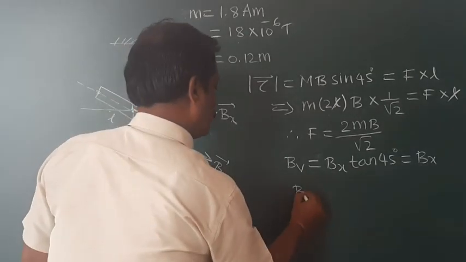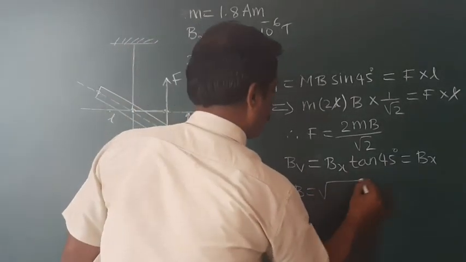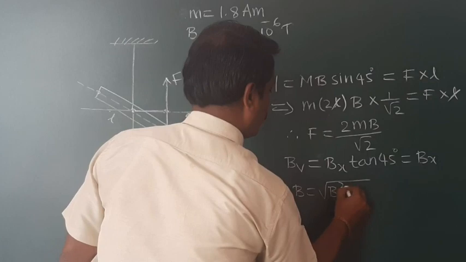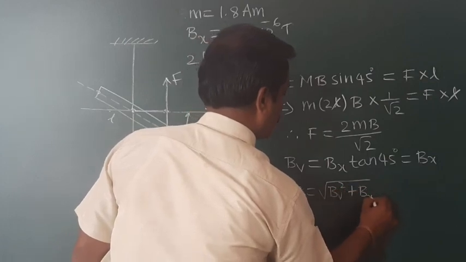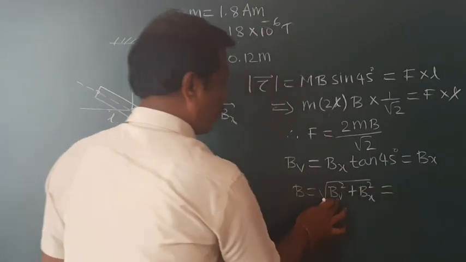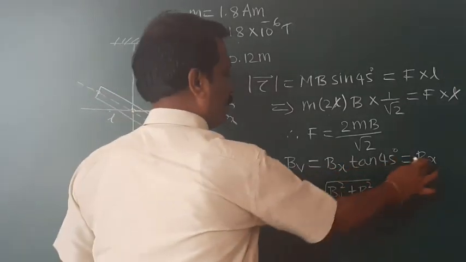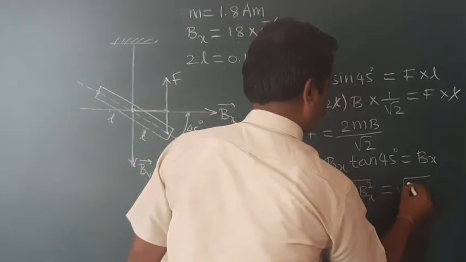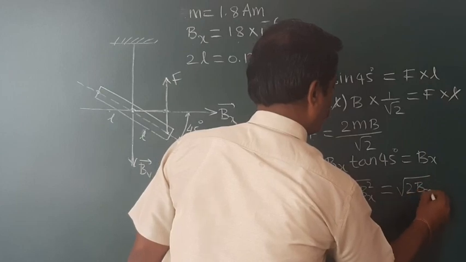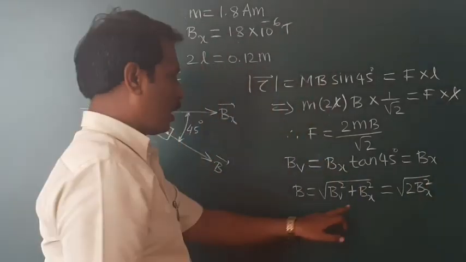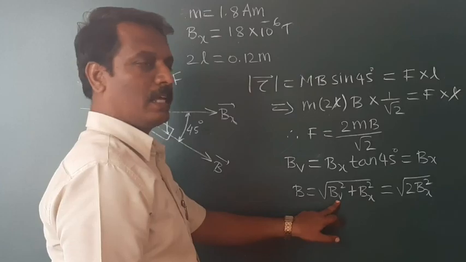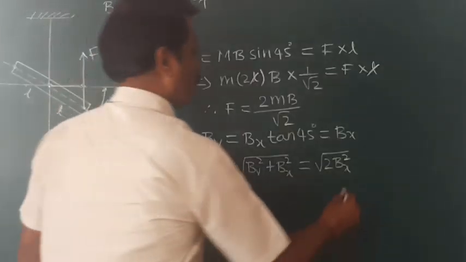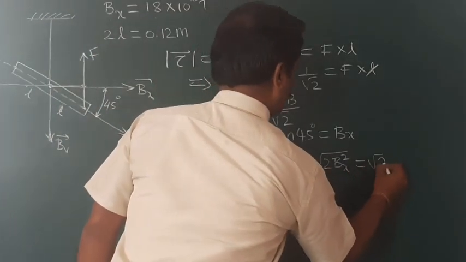Now B is equal to the square root of Bv squared plus Bx squared. But here Bv is equal to Bx. So if we apply this, then it becomes 2 Bx squared,